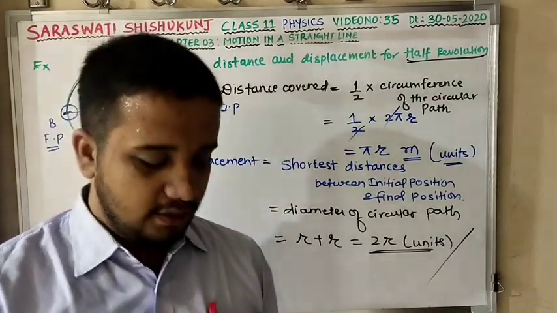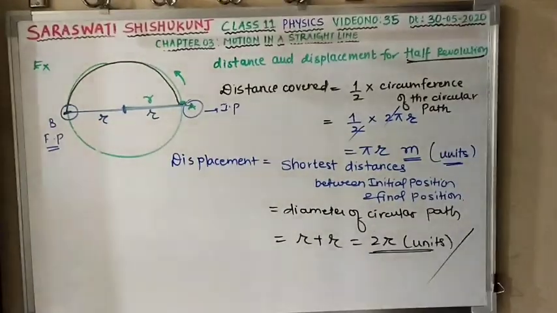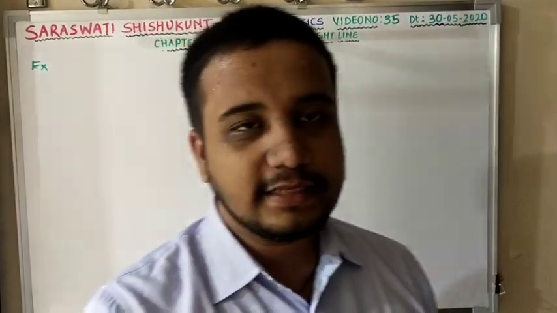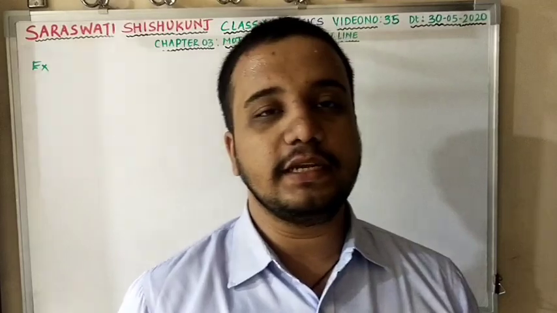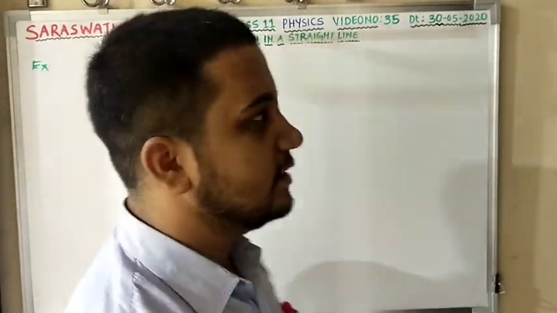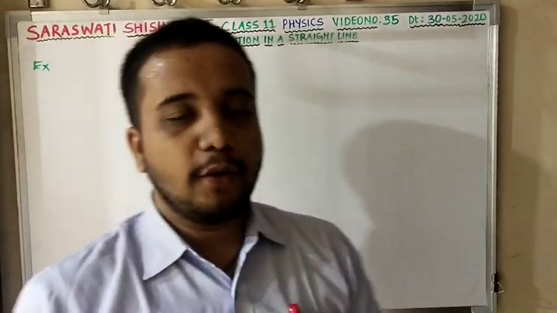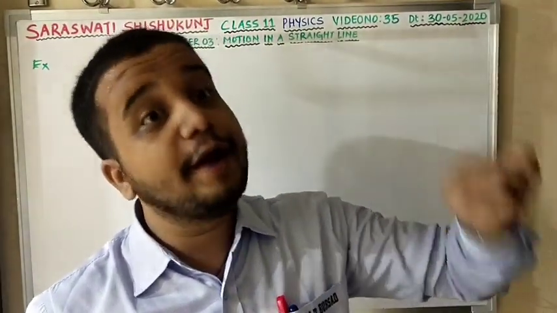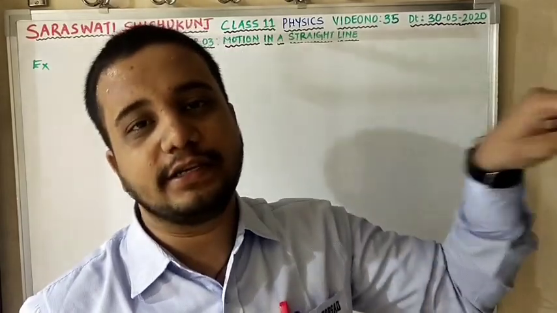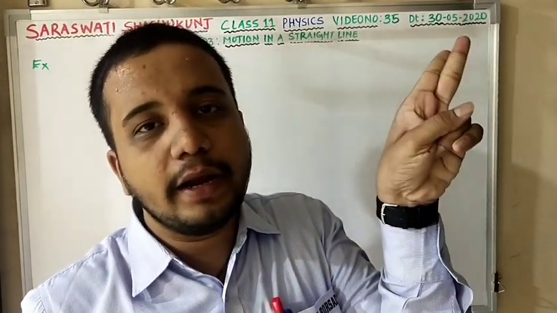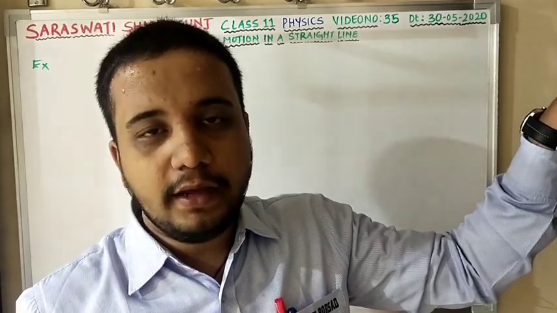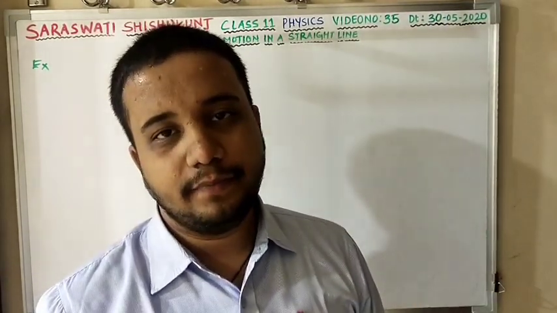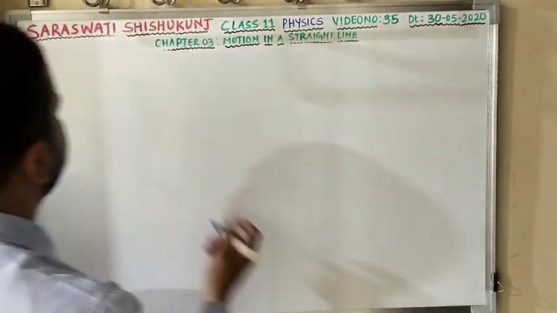Moving to the third numerical. The next numerical we have is a very interesting and extraordinary concept of relative velocity. The example is very interesting. A police van is moving on a straight road and you can see that the thief's car is ahead of the police van in the same direction. The policeman is firing a bullet at the thief's car. They are asking what is the velocity of the bullet with which it will hit the thief's car. Very interesting example on the concept of relative velocity.